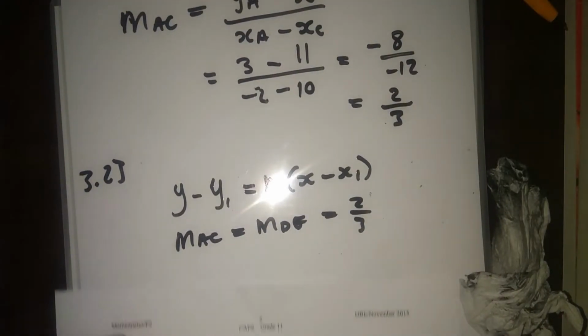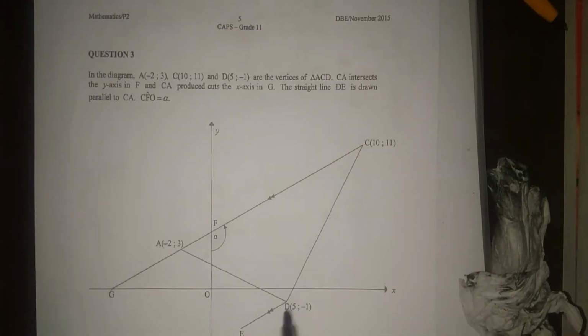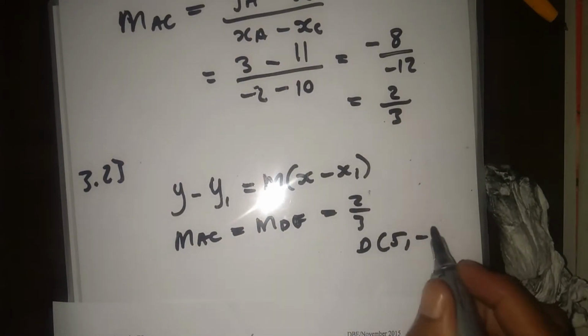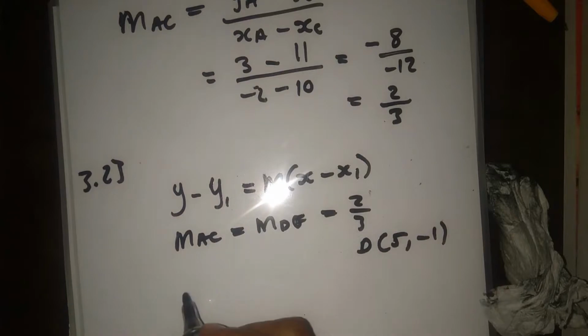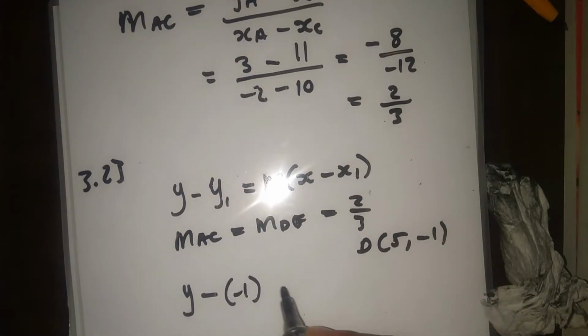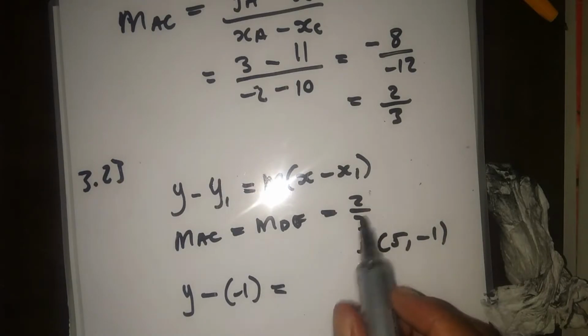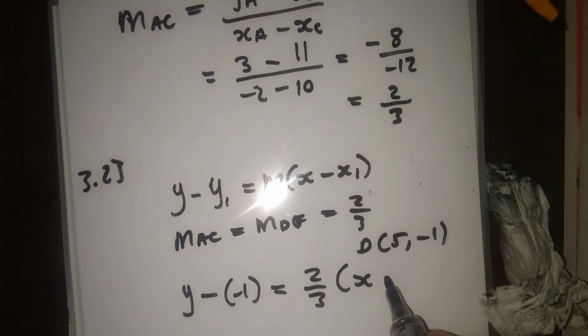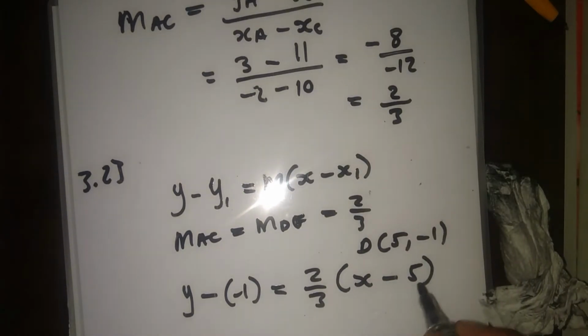So we have the gradient and this point D. D is (5, -1), right? So it's going to be y